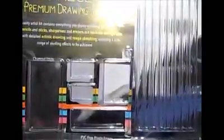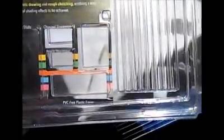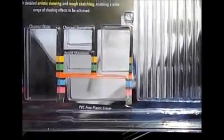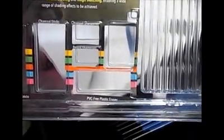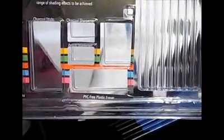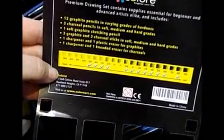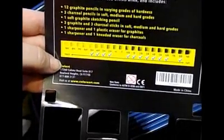So in this kit, you've got a variety of pencils that range from hardness to softness. You've got a pencil sharpener, charcoal sharpener, charcoal sticks, graphite sticks, and a PVC free plastic eraser. And on this packaging, let me go ahead and get that out here. It's got a range from hardness to softness,